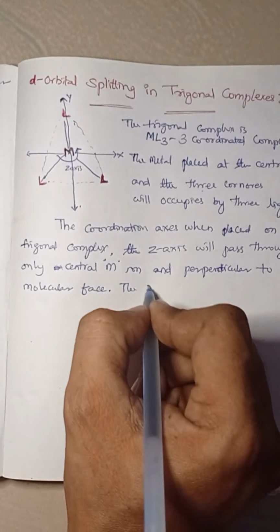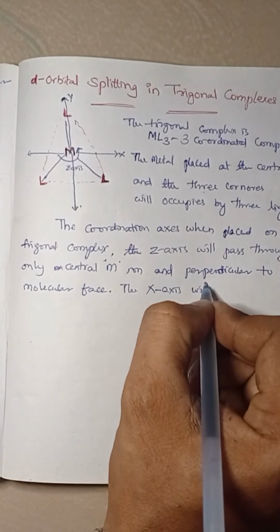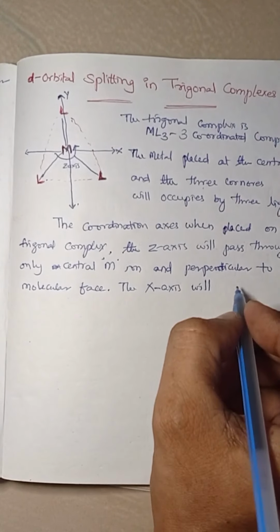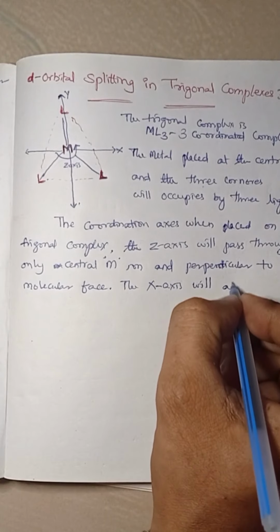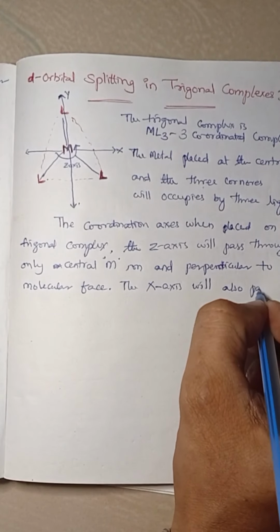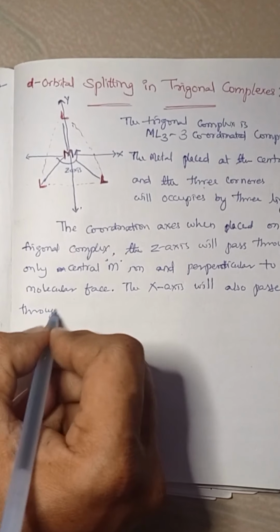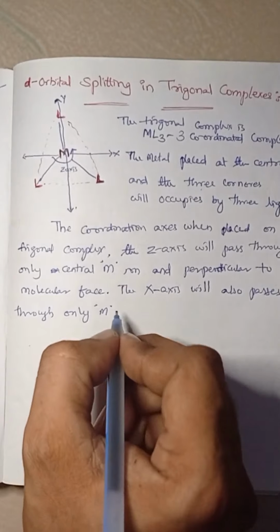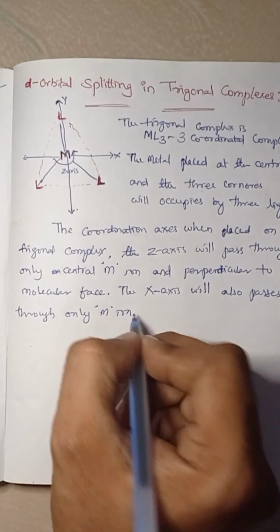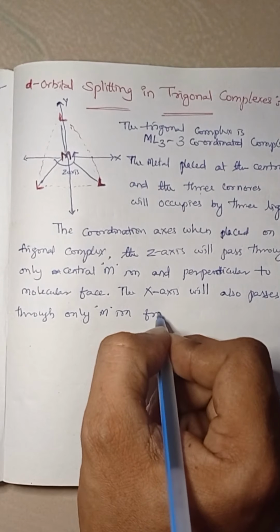The x-axis will also pass through only the metal ion from left to right,